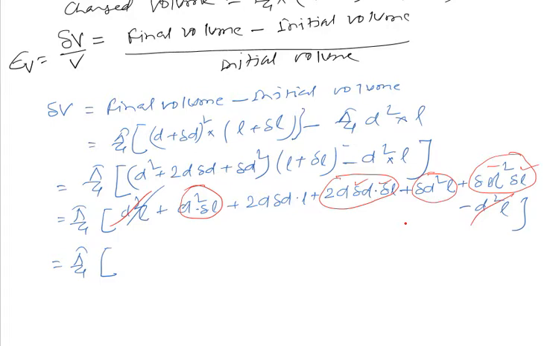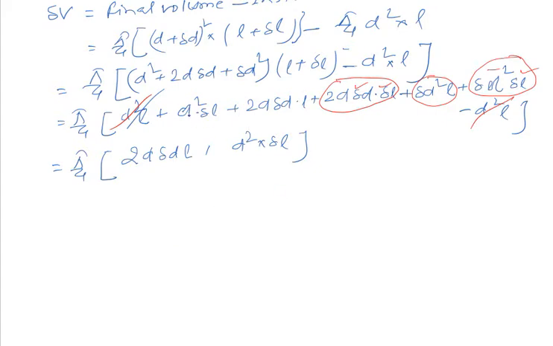D square upon L. So L will be cancelled. Now this is also very small. Delta d square is very small value. So this one you cannot neglect, compared to this, which is a very large value. So what will be the remaining value? So remaining value is 2d delta d L plus d square into delta L, correct?